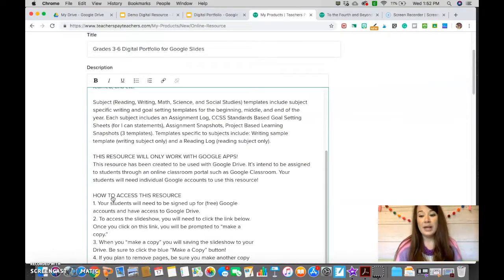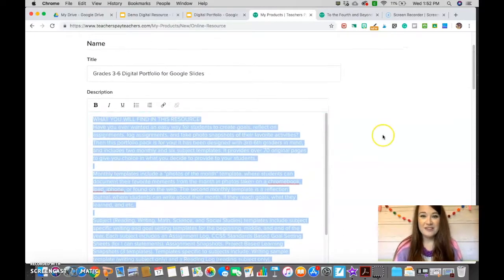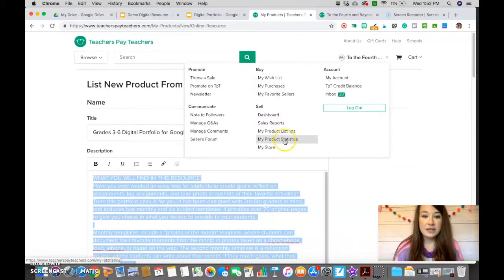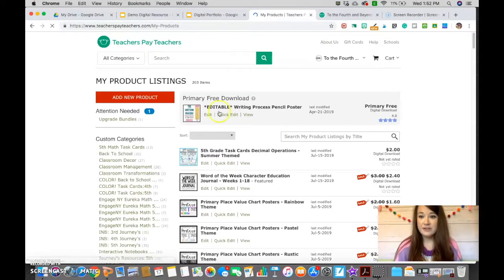So the other way that you can post your digital resources is, like I was saying, using just the standard old way of posting resources,